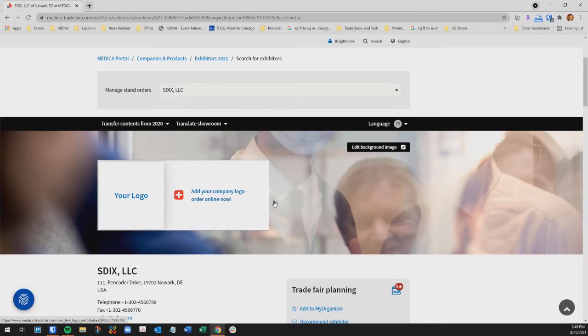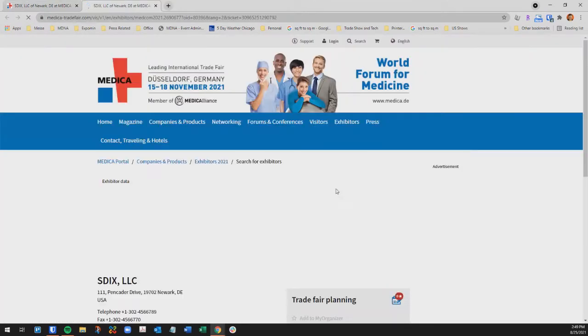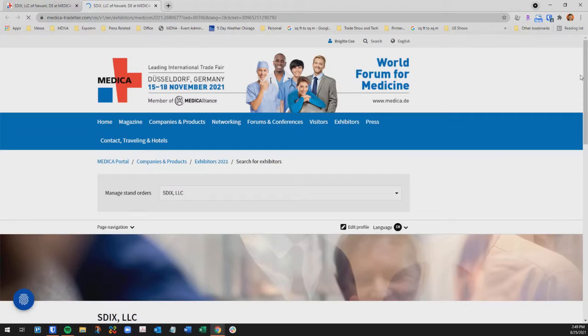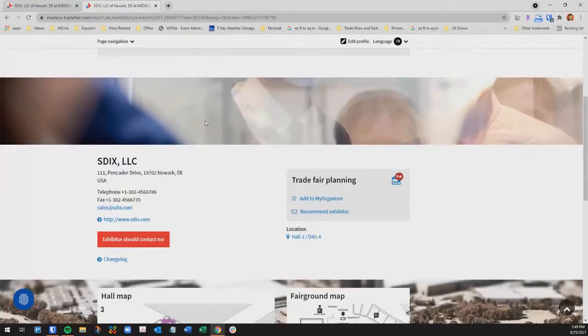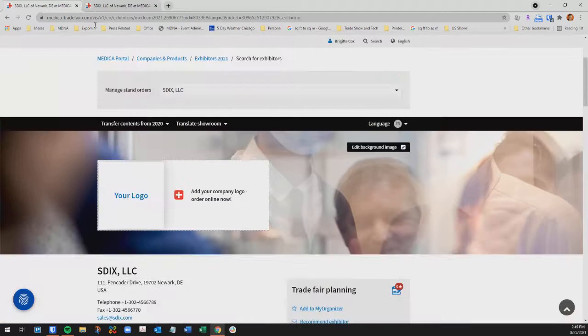And even if you don't order logo placement, your visitors will not see this area. Let me just show you here. They will see just the header image without that logo placement box. Going back here,